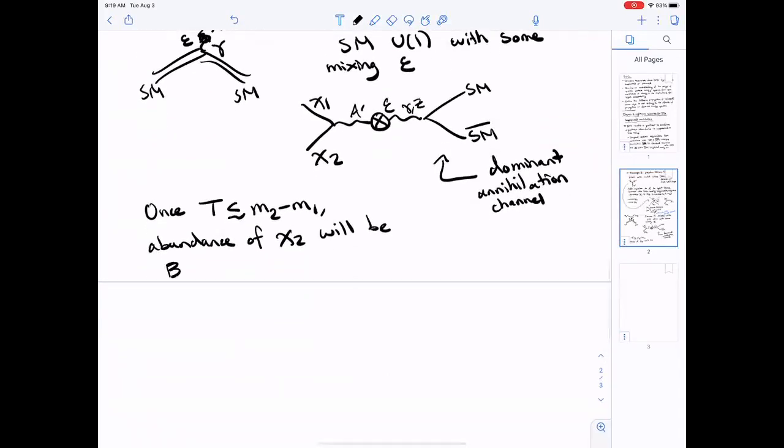So in the early universe, there are plenty of chi-2s around, and it's easy for this annihilation to happen. But at late times, the abundance of chi-2s will be smaller while they stay in equilibrium, just because it's Boltzmann suppressed. And at sufficiently late times, the chi-2 may also just be able to decay down to the chi-1, and so the abundance of chi-2s will be small.